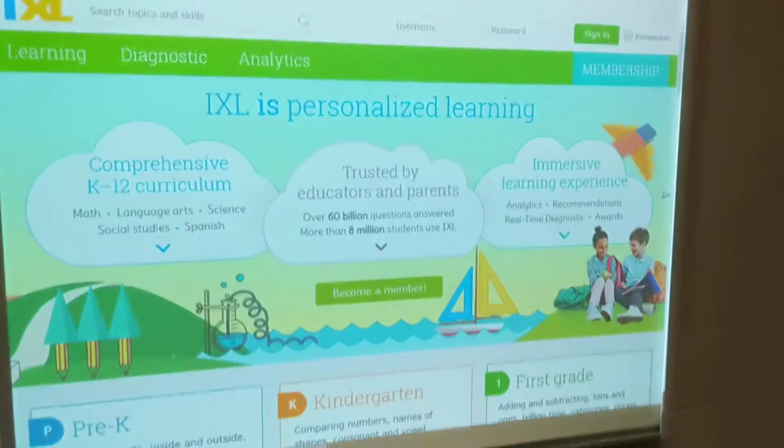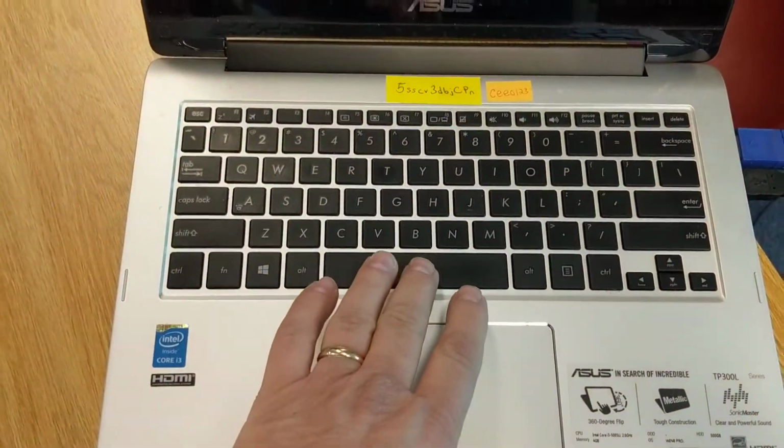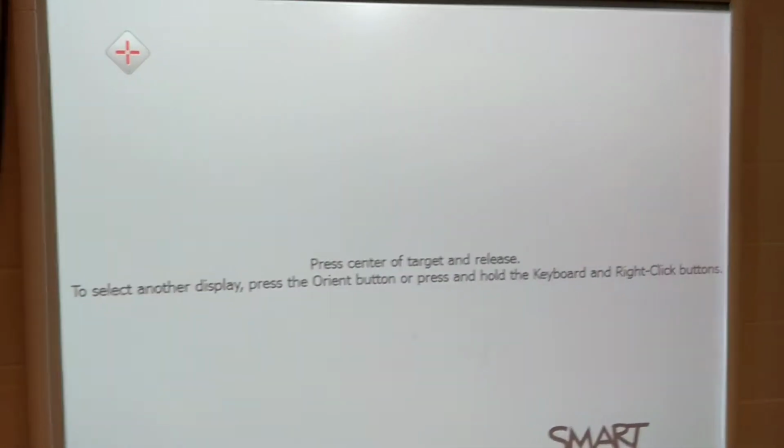Well, the problem is I'm in extended mode. What do? You would never figure this out unless you looked online. If you click the space bar, watch what happens. Hey, it switches. So from here,